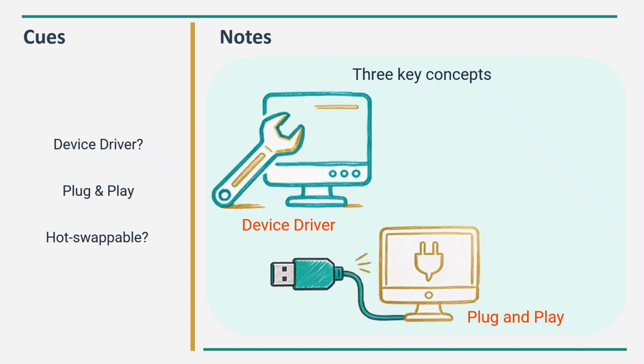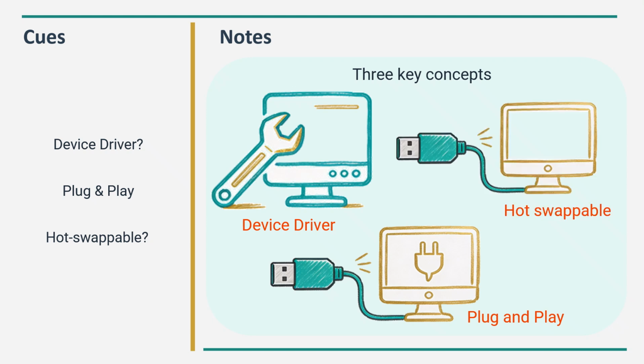Plug and play means that the operating system automatically detects a device when you plug it in, finds or installs a driver and makes it ready to use without a restart. Most USB devices that you use daily are plug and play, and they include flash drives, mouses, and keyboards.